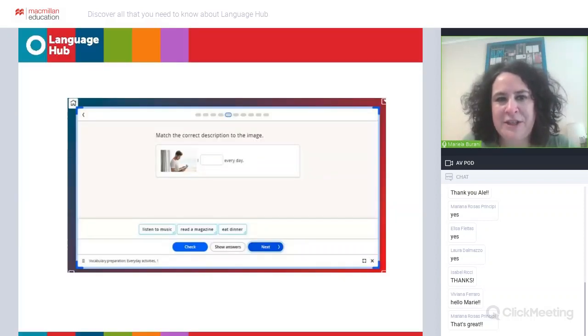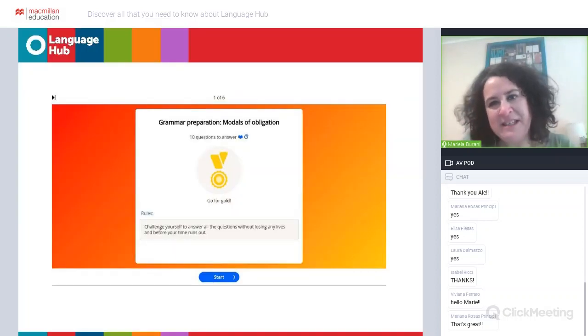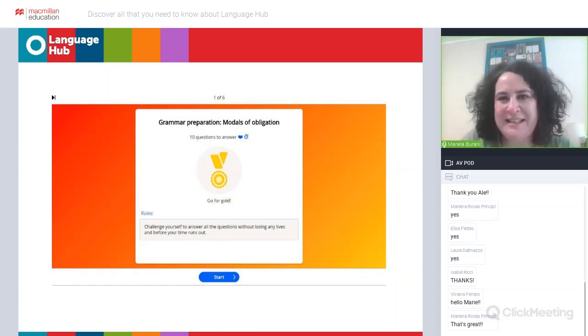Match the correct description to the image. There's a variety of activities. I'm just showing you some of them because there are so many that it will take ages. But every activity has a different format. And then, for example, grammar preparation, modals of obligation. Go for goal. They have this kind of